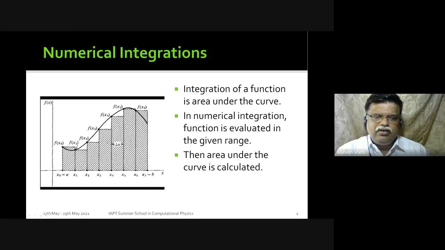Now for nicely behaving kind of functions, and when I say nicely behaving, also if the function is not monotonic, it is not either only increasing or decreasing, especially if the function is oscillatory in nature, many times what may happen is, the positive errors and negative errors, that means the area that you did not consider and the area that you overshot, they may compensate, and the final answer that you get in the numerical method may still match with the ideal answer, the actual area. Now, there is nothing like actual area when you are doing numerical integration.